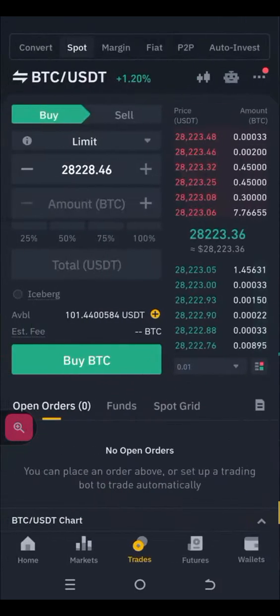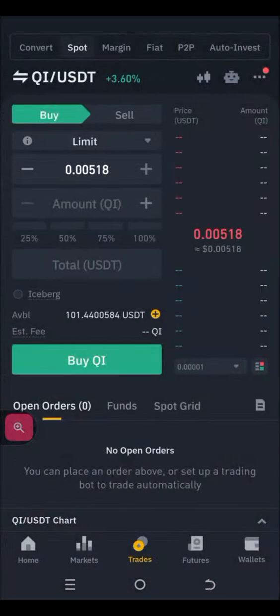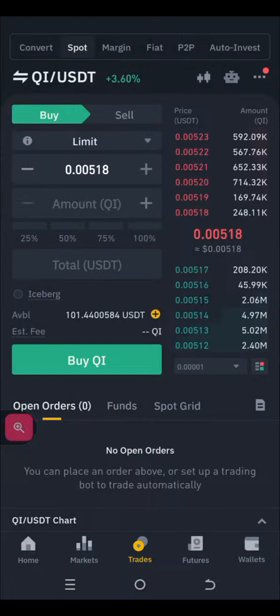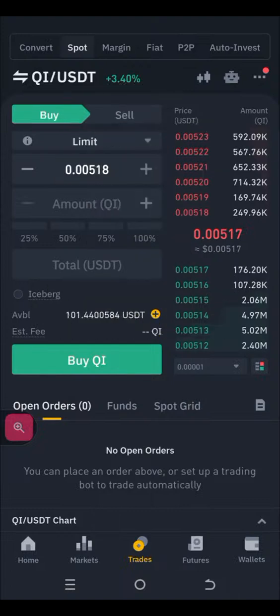It's actually about QI, USDT, and that is our triangular arbitrage. And it's good. We were able to make money. Anyways, but let me tell you something. You're doing triangular arbitrage, you've got to be patient, because you never know when it's going to come out. And the reason why this took quite a long time, about 9 days, was because of the bloodbath